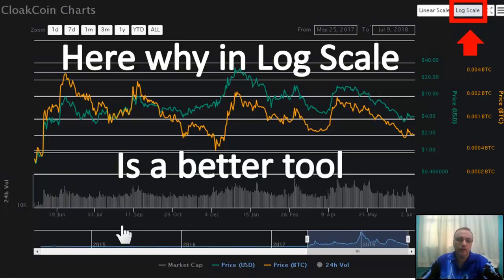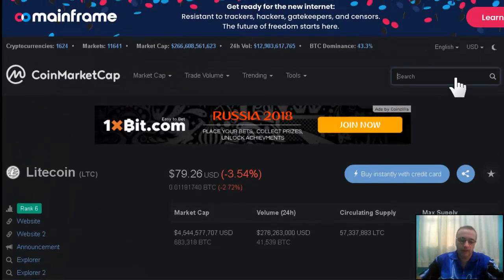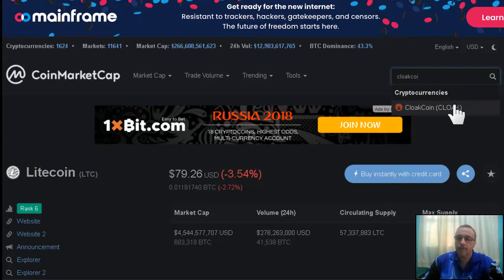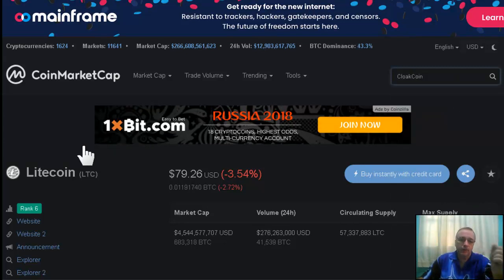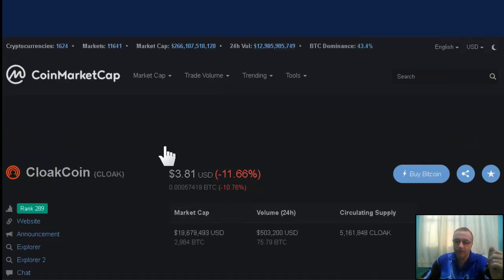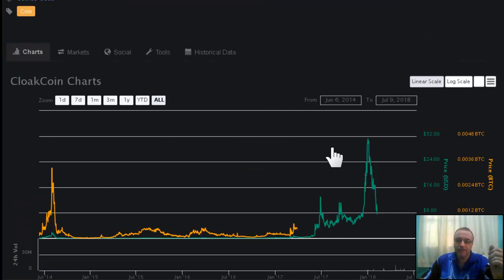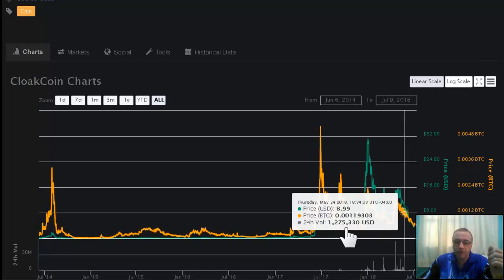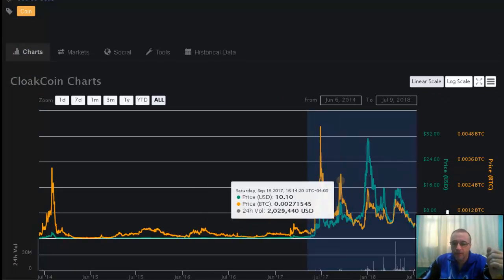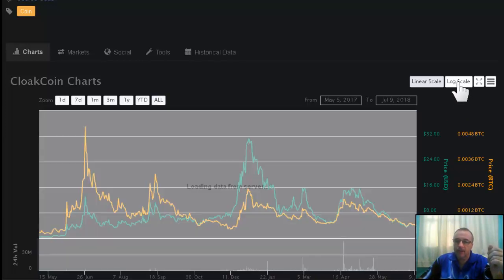And from here we're going to go to CoinMarketCap, and I'm going to just check Cloak Coin. And we're going to see live what it is, because if you don't do it with the Satoshi chart, you're going to miss big things here. So I'm just going to concentrate on where there's a lot of action. I'm going to click log scale,